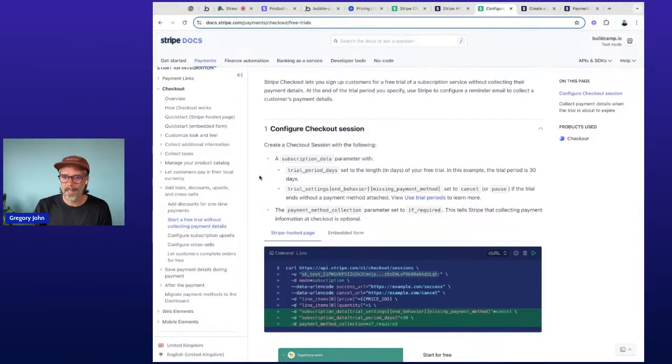Let's say it's 14 days. You also set the days from the end of the trial period when you want someone to enter the card details. So I think what Stripe have done is they've lowered the friction by saying, all right, let's register